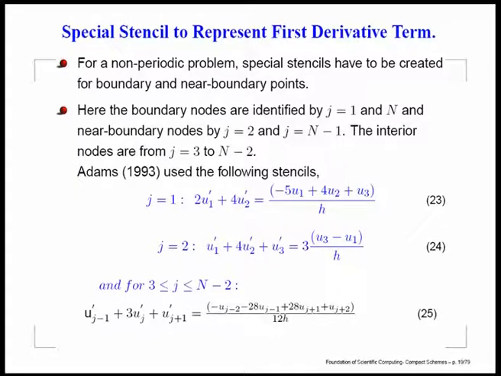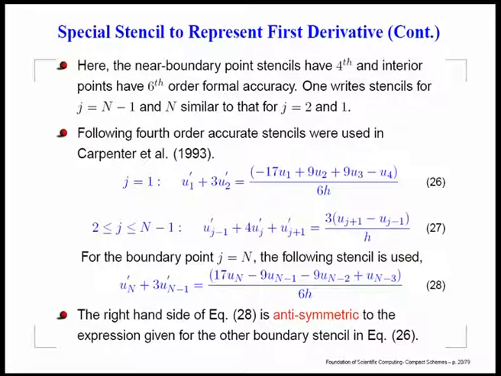Okay. And all the time whenever you need to calculate these derivatives which are given on the left hand side, you will be solving this equation by tridiagonal matrix algorithm, right. So, that is the practicality of this issue. Okay. I think that is what we explained just there, that we have near boundary point stencils which are 4th order accurate and the interior points are 6th order accurate, formal accuracy, and this is one of the schemes that was used by Adams. There is this group from NASA Langley, Carpenter and their group, they used this type of scheme